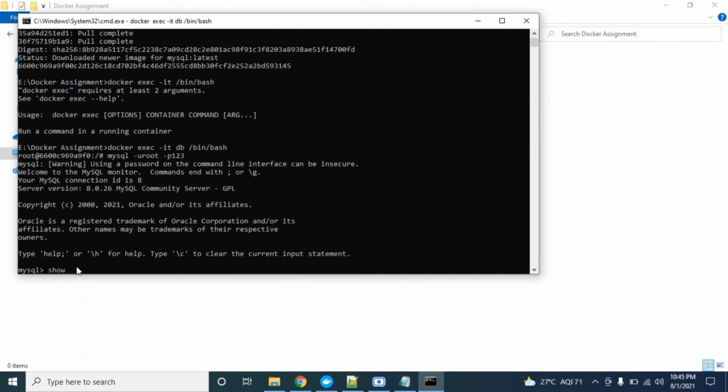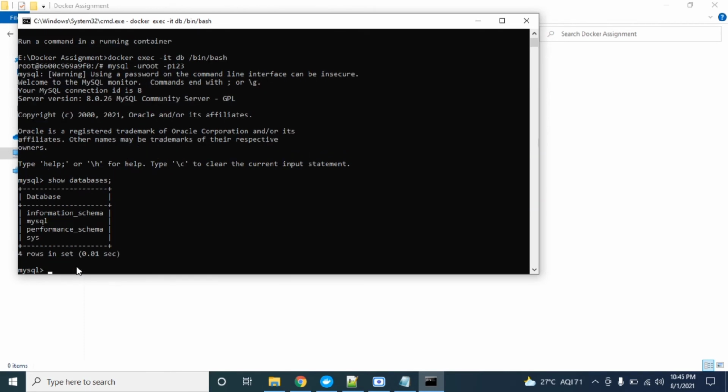As we can see, we can run this command, show databases. Currently we have these four databases that are predefined.